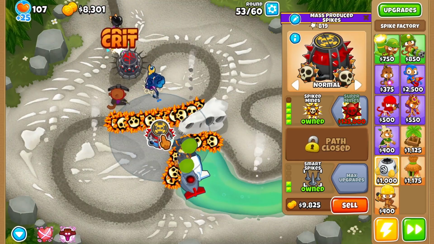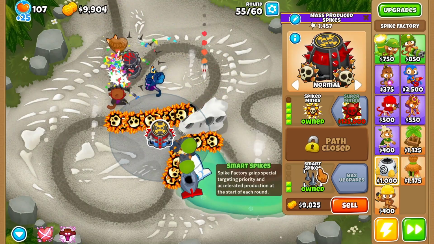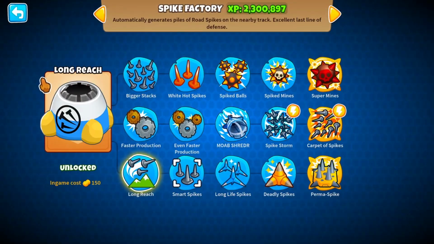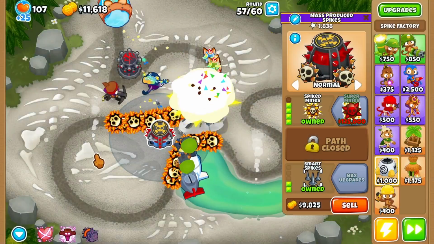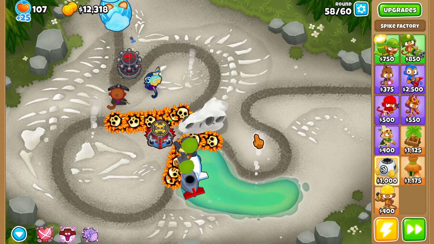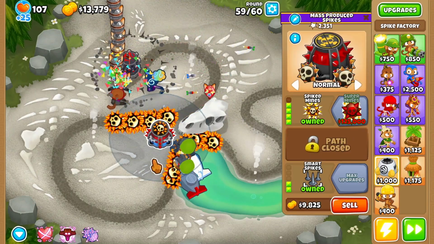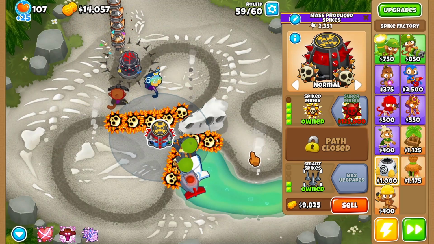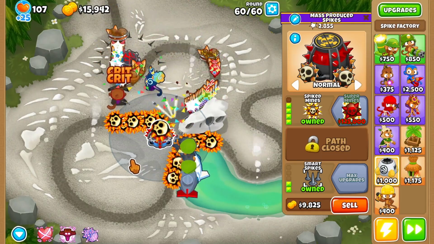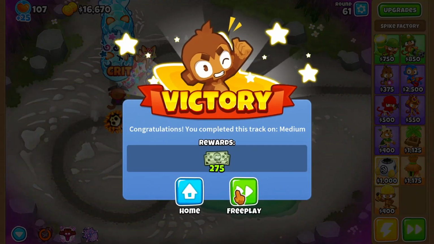And because rounds will just play even if you haven't completed the previous round, as in like popped all the previous balloons, that makes our smart spikes upgrade, as well as the long reach, which has the spike piles last a bit longer, become really good because since rounds are constantly playing, we are constantly throwing down spikes at a faster rate, and they are lasting for longer. Essentially, this is actually the spike factory that you would see in Balloon Tower Defense battles too. Which I don't typically play, but I am at least aware that that is a strategy, and there we go. We have now beaten